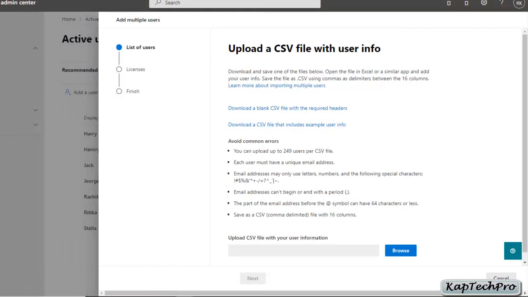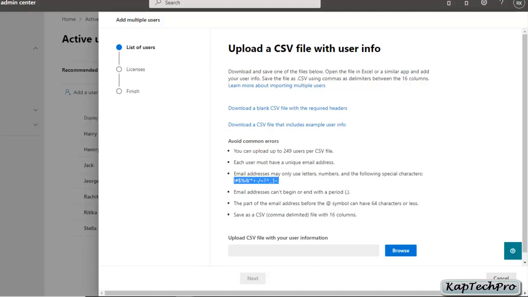Now you can read this: avoid the common errors. You have to avoid these common errors every time you are uploading a CSV file. The first common error is you can only upload up to 250 users per CSV file. The second is each user must have a unique email address. The third is you have to avoid certain characters in the email address.